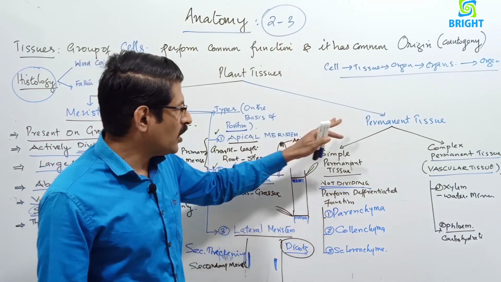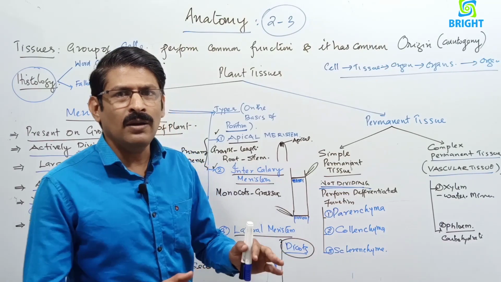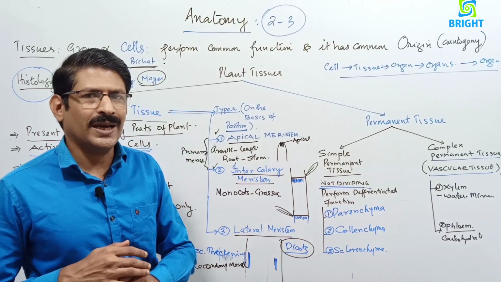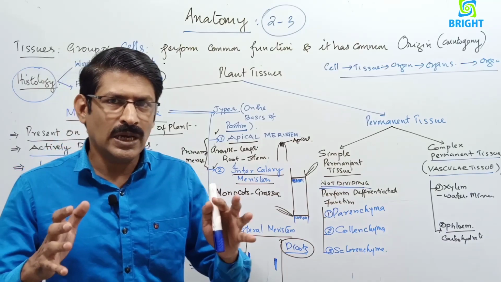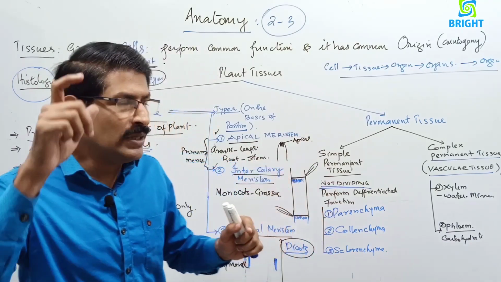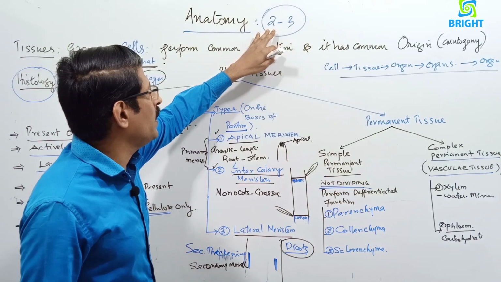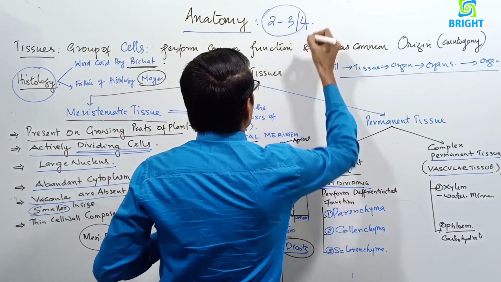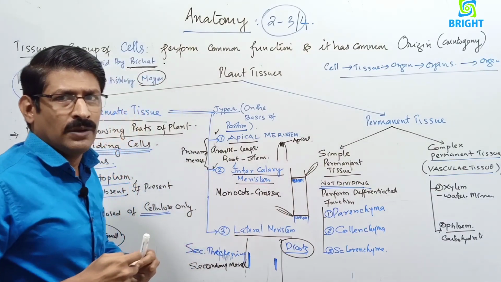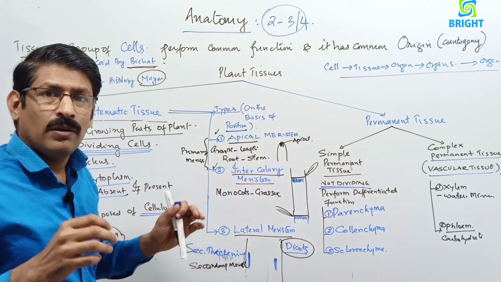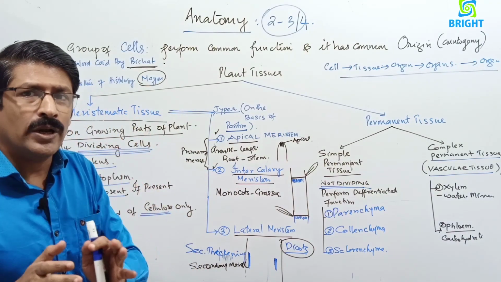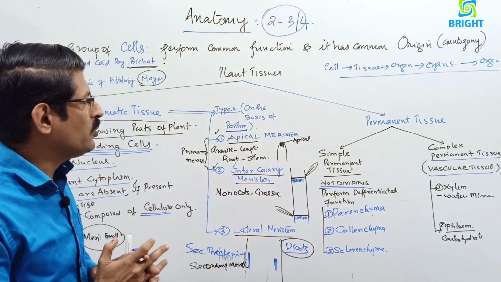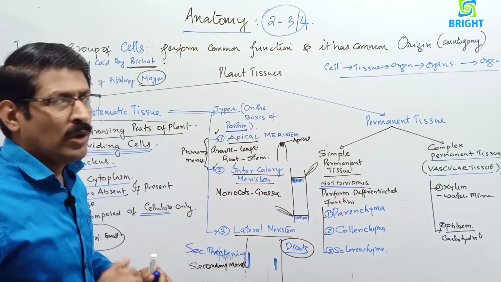Next, we will discuss the complex permanent tissue, and then the anatomy of the stem and the root, then secondary thickening. It is a simple, brief chapter, which may carry a maximum of 3 questions, normally 2 to 3. Rarely, 4 questions may come in our NEET examination. So write the note about the primary meristem, meristem and permanent tissues, and we will move into the next part,